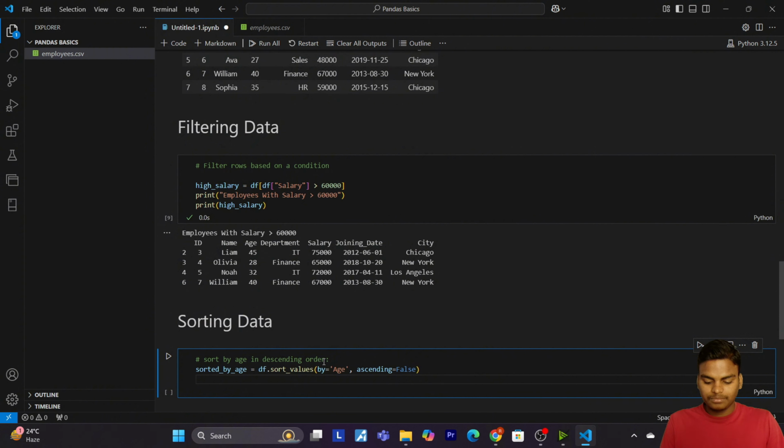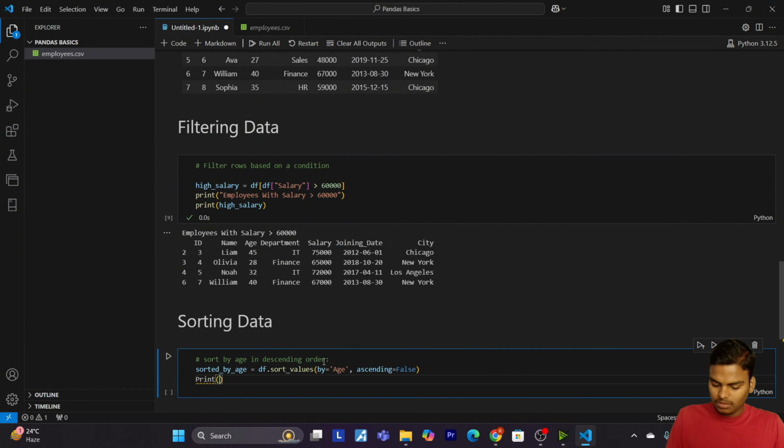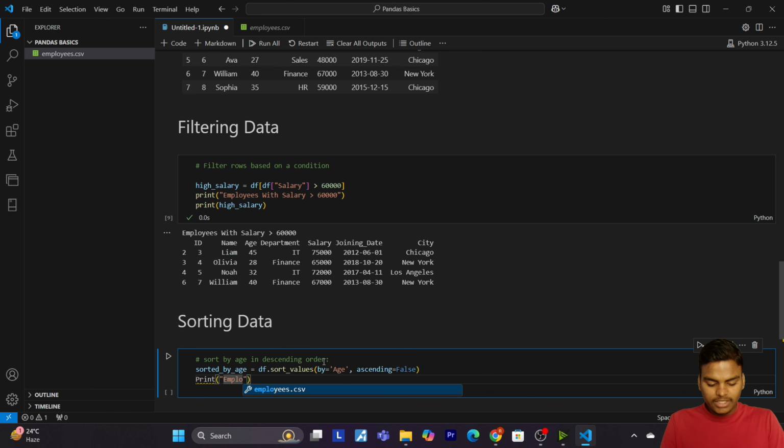Then after, I will print employees sorted by age, and then I will pass descending.